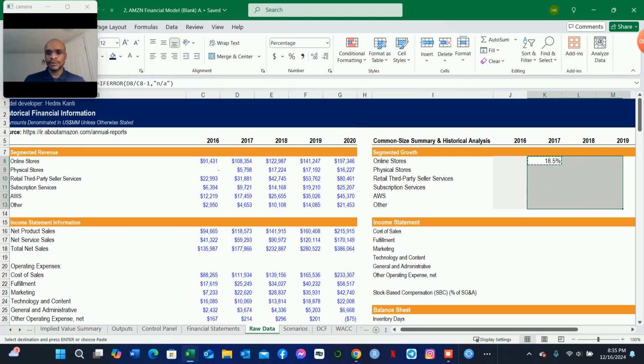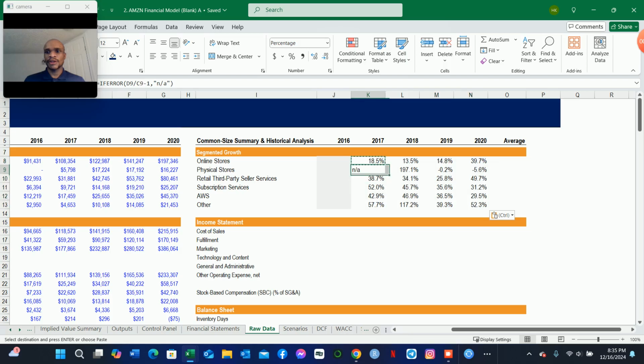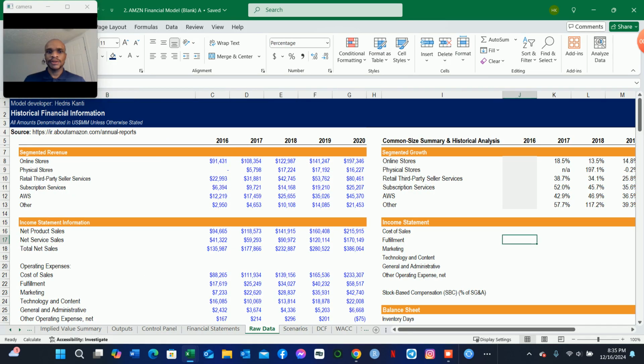you can copy this, paste it for the rest of the period. So we can now add the hard-coded alignment to the right. So we have the segmented growth there in place